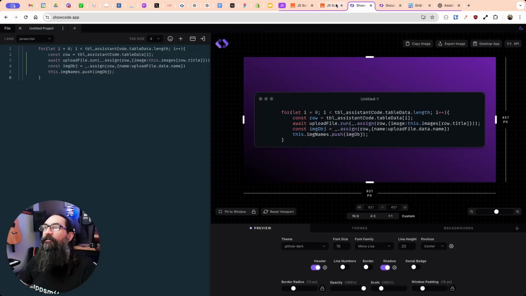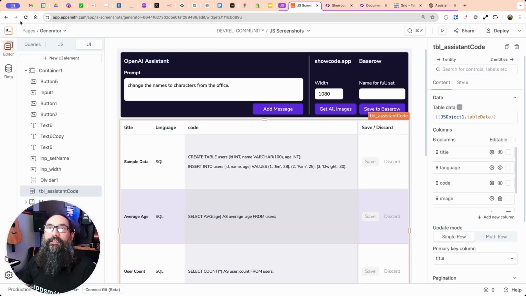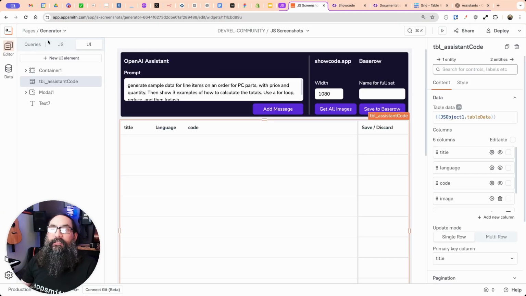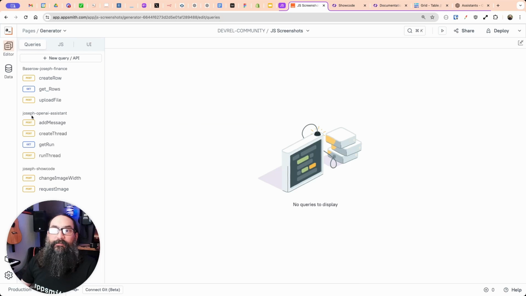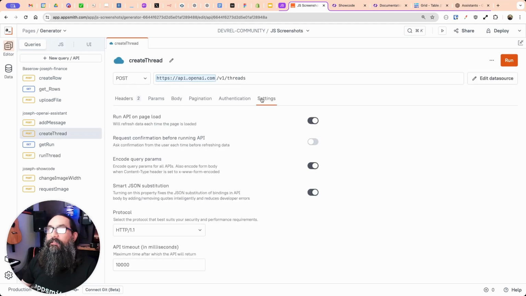Actually, I've got another couple open, so let's use this one. Okay, so let's look at all the queries here. First, on the OpenAI, there's one of these that runs on page load. I believe it's create thread here. Okay, so this one, just right off the bat, as soon as you open the page, it is creating a